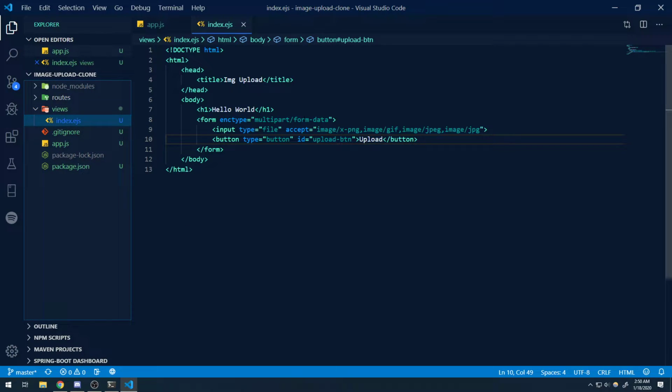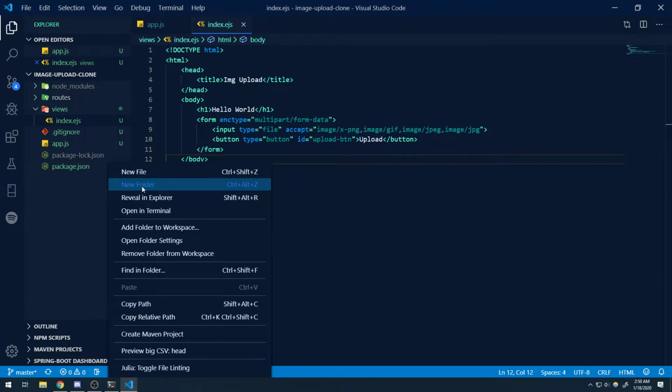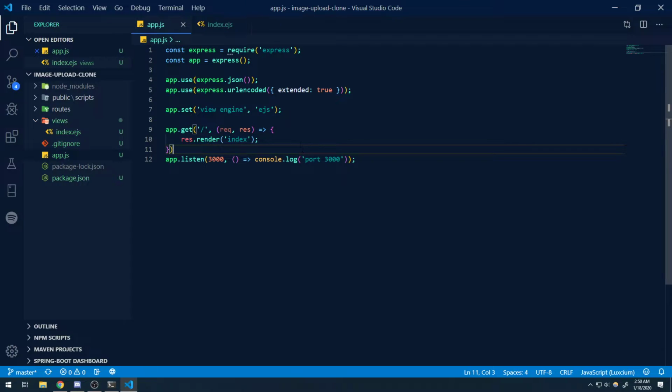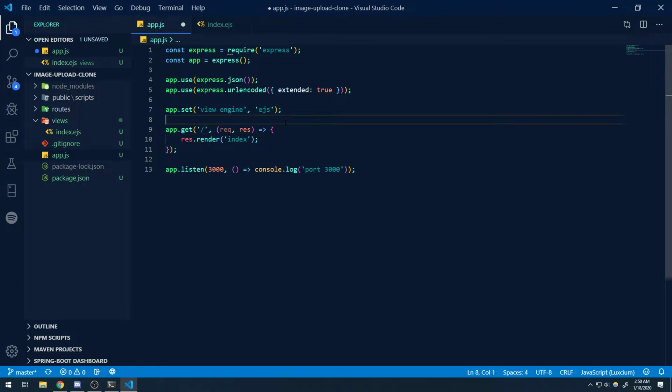Since we're gonna be having some client-sided JavaScript, I'm gonna go ahead and create a folder called public, and we're gonna create a folder called scripts inside there. And all of our JavaScript's gonna go inside there. But we need to actually set the public assets, the public directory, with Express, and we do that by saying